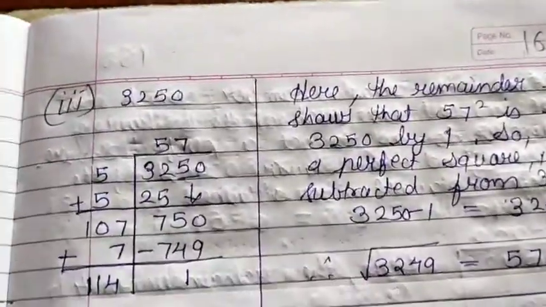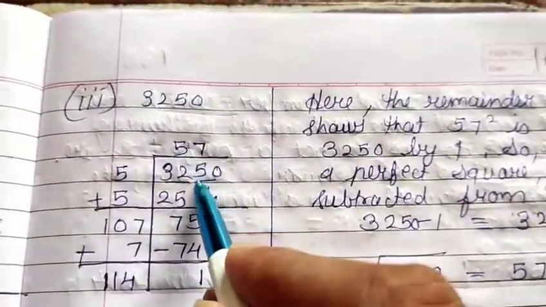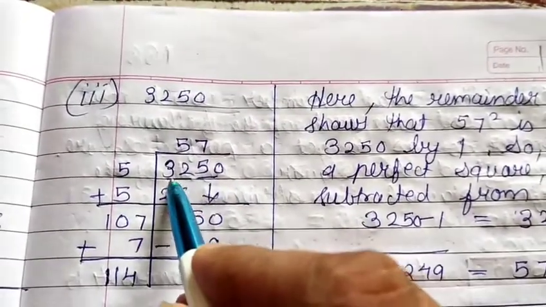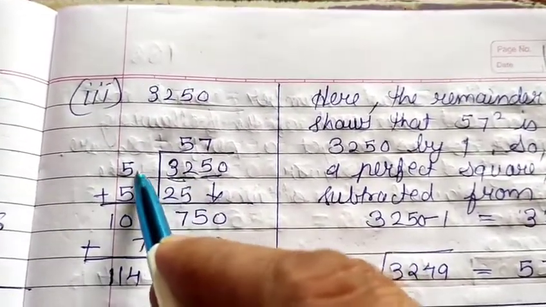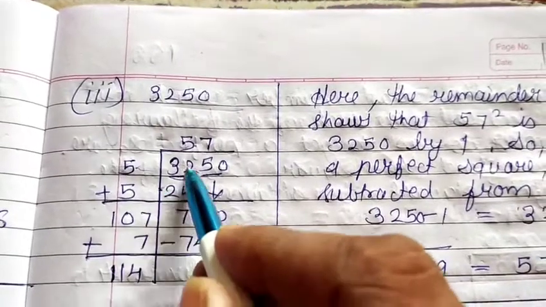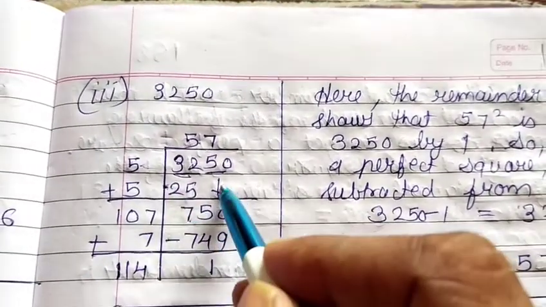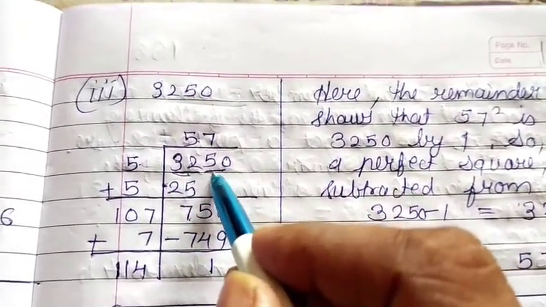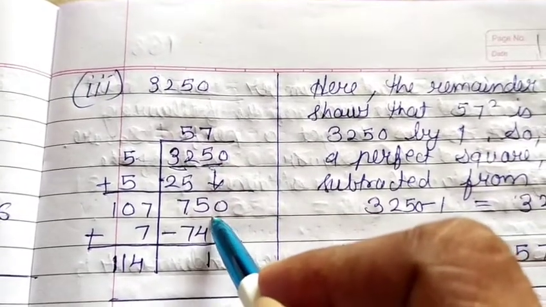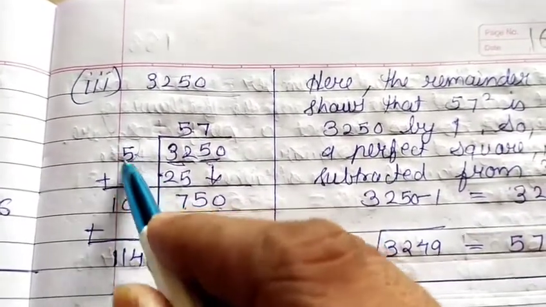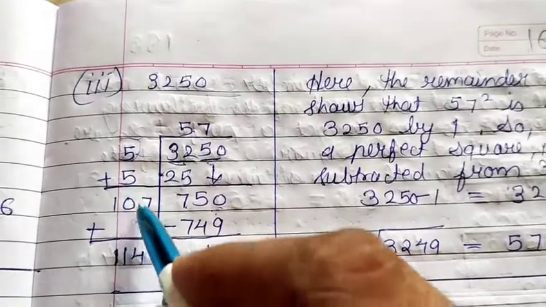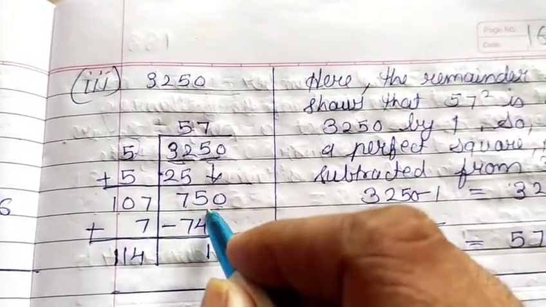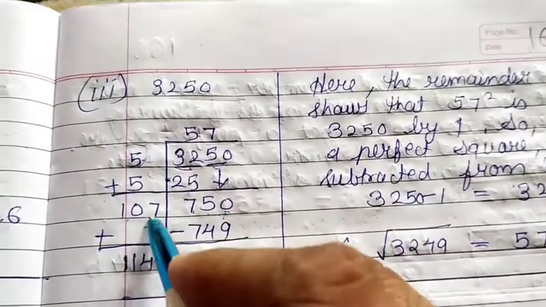Let us see the next one, 3250. Again put a bar starting from the unit place. Then here this is 32. You have to go with 5, 5 5s are 25, which is less than 32. When you subtract, you will get 7 and bring down the number next to the bar, that is 50 over here. Then here 750 is there. Now whatever value you have taken over here, the same value you have to add over here, it will become 10.